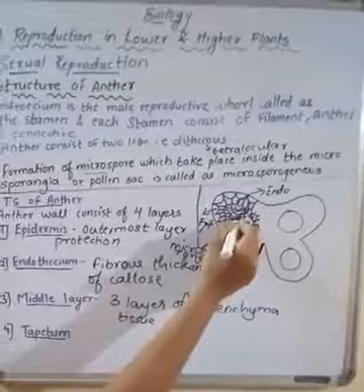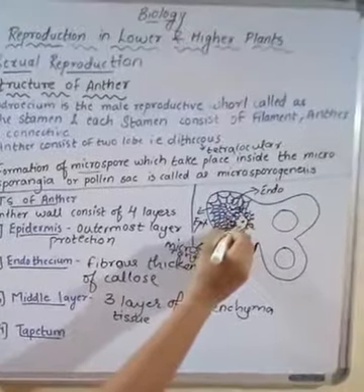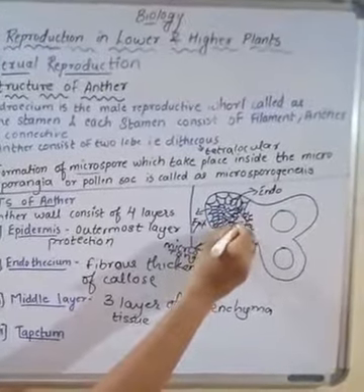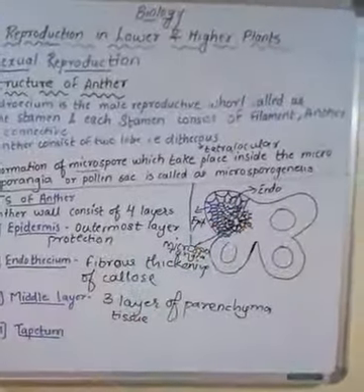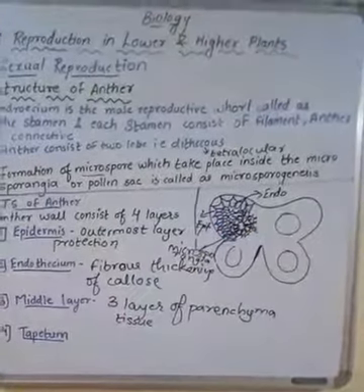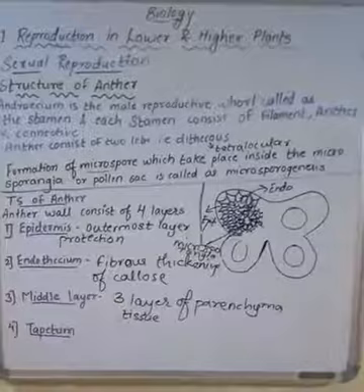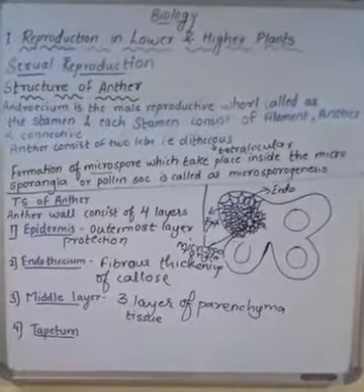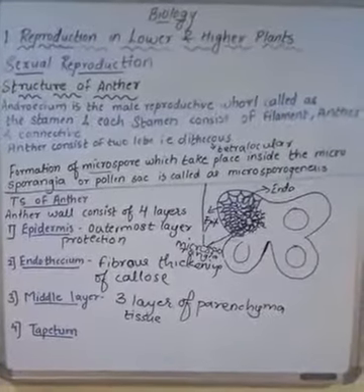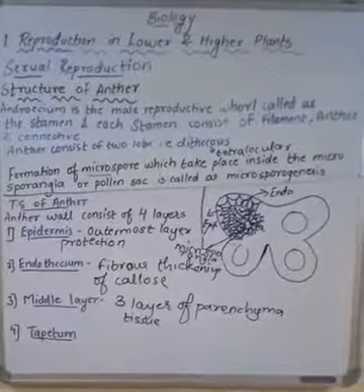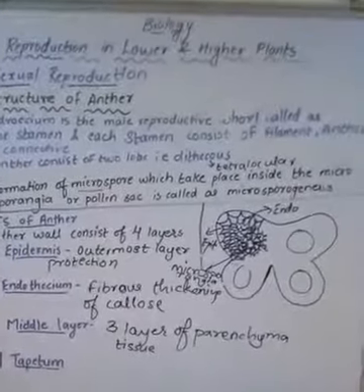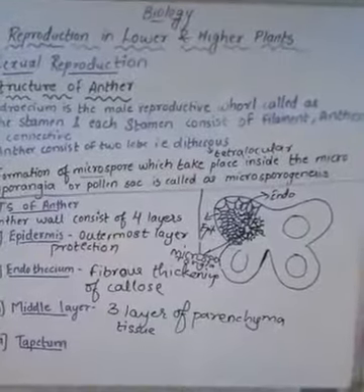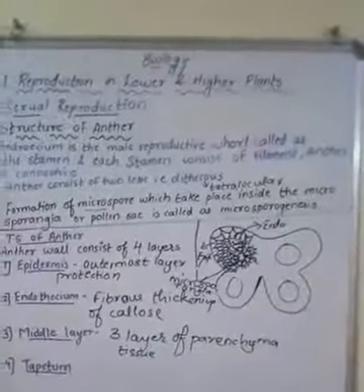Okay, so that's tapetum, the cone-like structure. Here we are going to see the cone-like structure, and what they are doing is giving nutrition to the spores which are present inside this sporangenous tissue, or giving nutrition to the developing microspores, and they help in the formation of sporopollenin.